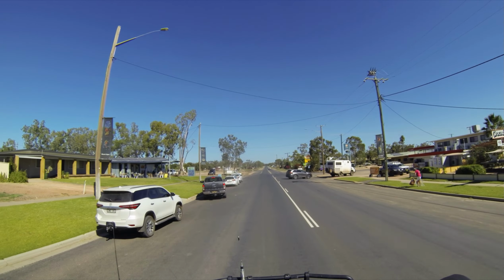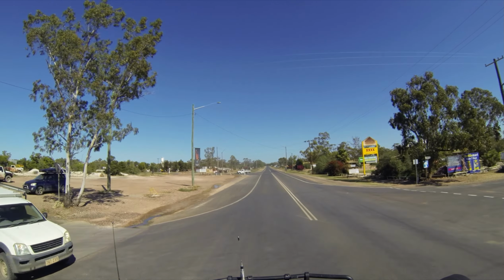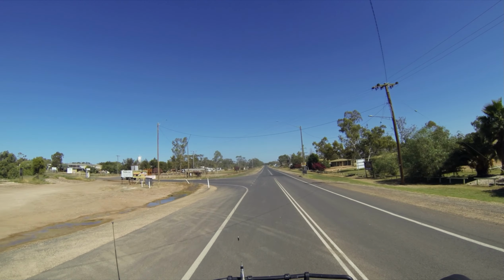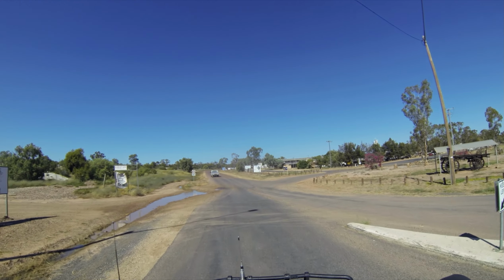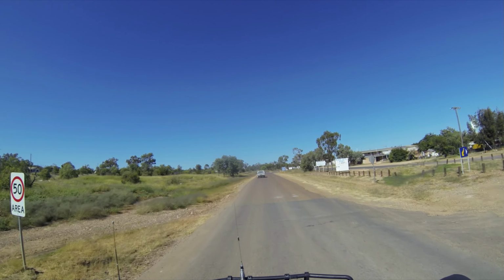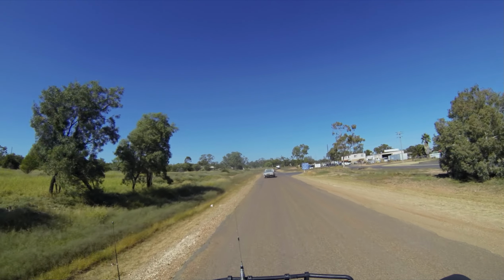In the last video we did the self-drive red car door tour. So in this video we will feature the yellow car door tour. The tour begins on the 3 Mile Road which comes off Morilla Street, not far from the visitor centre. It takes us through another section of town which has a number of private opal mines plus some tourist attractions